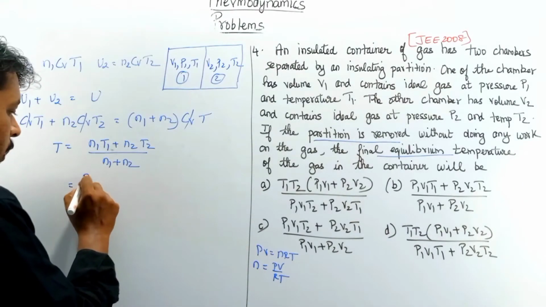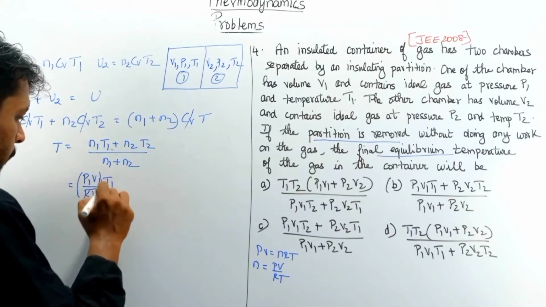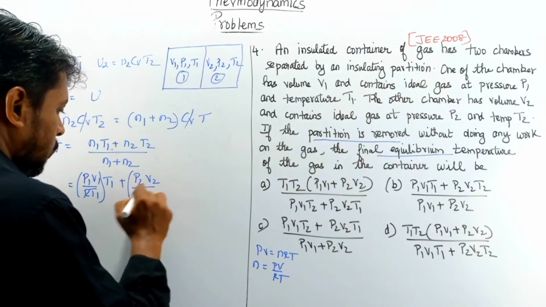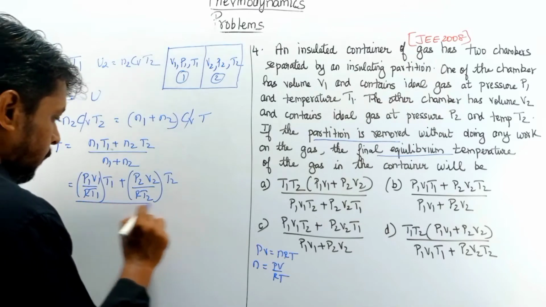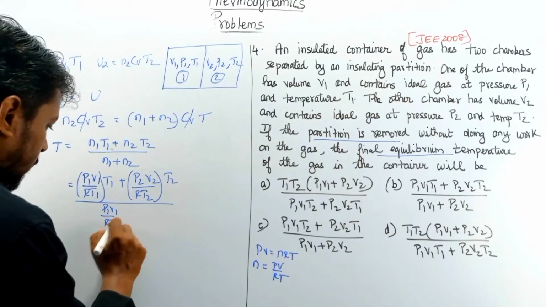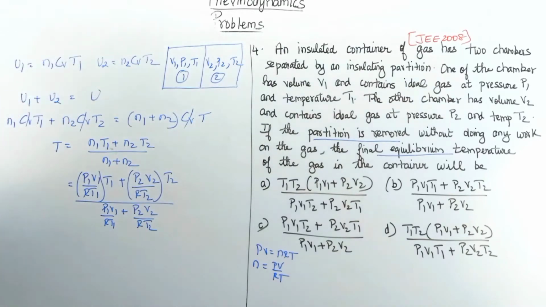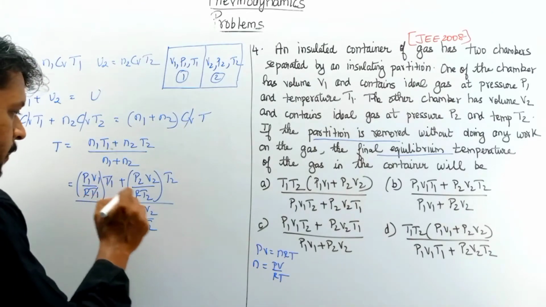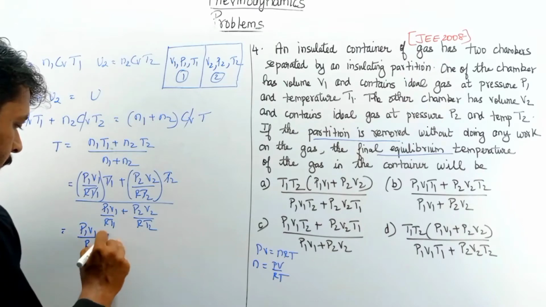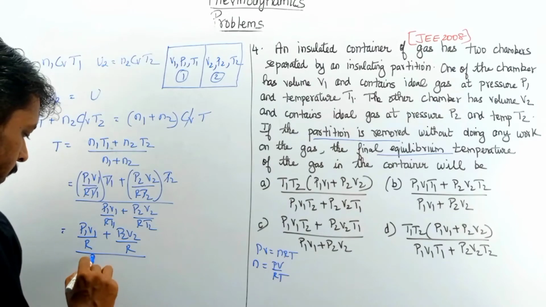So for N1, P1 V1 by RT1 into T1, plus P2 V2 by RT2 into T2, divided by P1 V1 by RT1 plus P2 V2 by RT2. Here we are cancelling the temperatures and we get P1 V1 by R plus P2 V2 by R, whole divided by